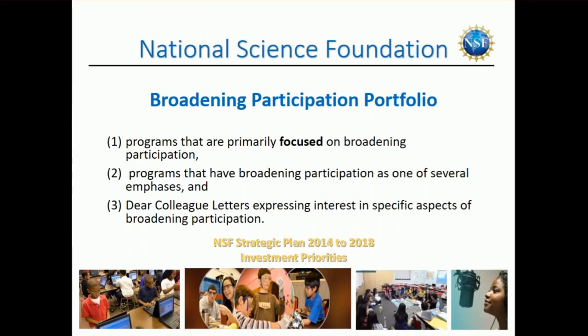So when we look at these 3 categories, the first category includes programs that are primarily focused on broadening participation. So these would be programs such as Includes, which some of you may have heard of, our EPSCoR program, which is really helping us to reach out to kind of underfunded locations, states within our country to reach them. We also have our HBCU-UP program, TCUP. There's a range of programs that fall into this category. The next category would be our broadening participation emphasis